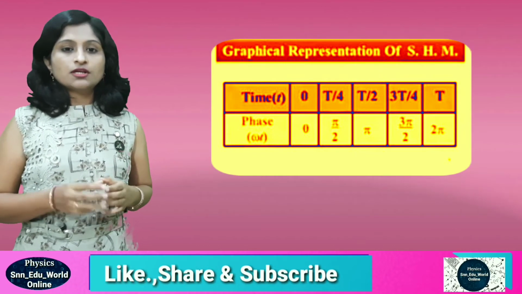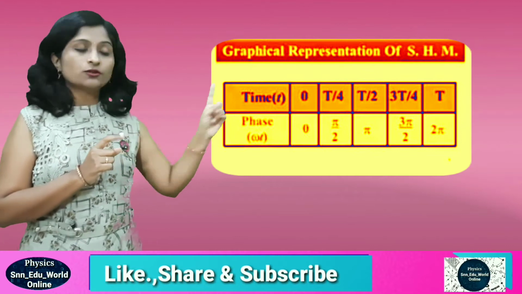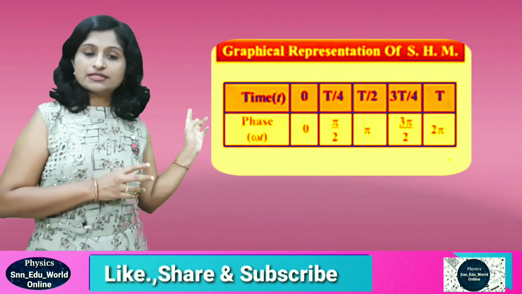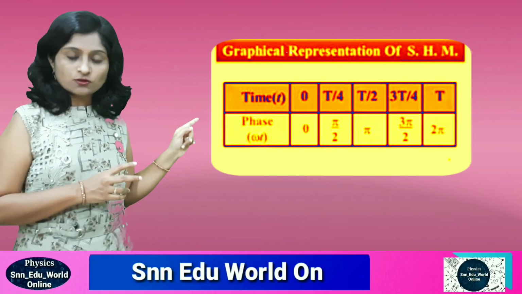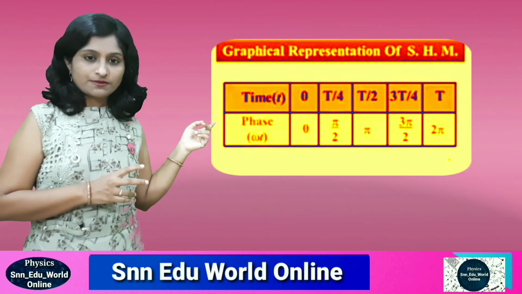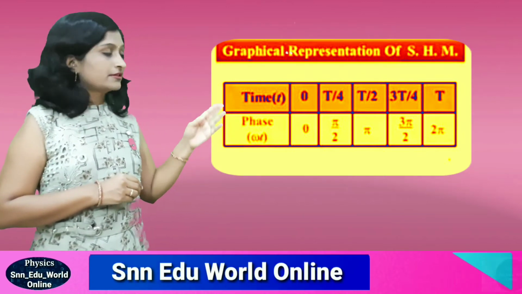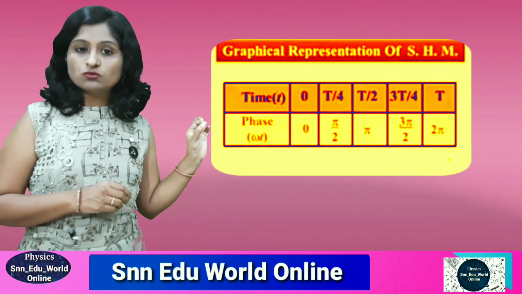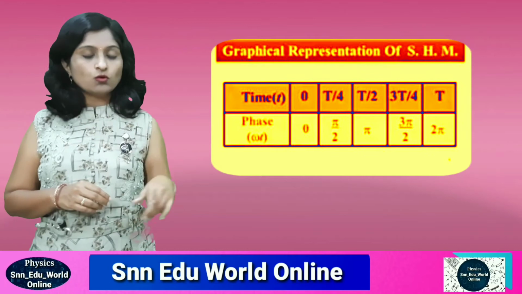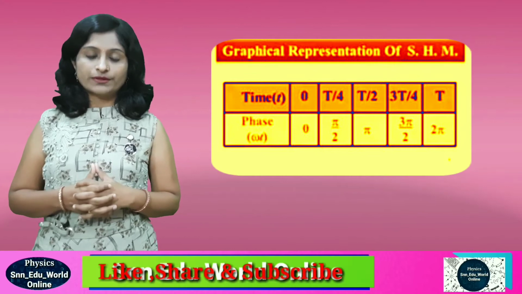Similarly, substitute omega as 2 pi upon T and small t according to the table and solve. You will get all the values as per this table. The first one, 0, I have shown you. The second one is pi by 2, I have explained. Third, similarly, if you find, it will be pi. Next it will be 3 pi by 2 and the last one is 2 pi. This means that when a particle performs a whole oscillation in total time period T, it has a phase angle of 2 pi.